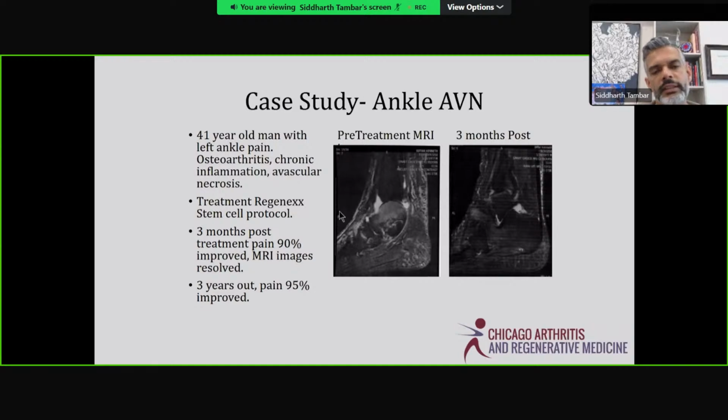So we injected his own bone marrow stem cells into the joint, the ligaments, and into the bone. 3 months after treatment, you see the fluid is pretty much gone. And now you also see that that prior swelling of the bone has resolved as well. So exciting that we've not only helped him out with his pain and function, but by treating that bone, we've now actually preventively stopped progression of his condition as well.